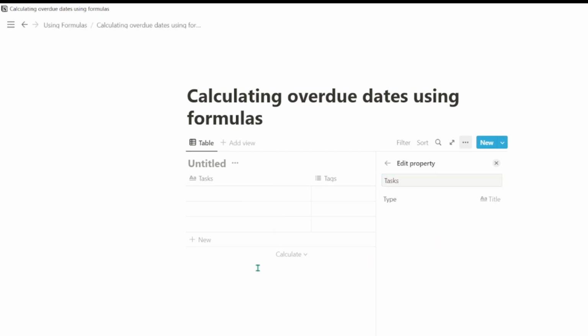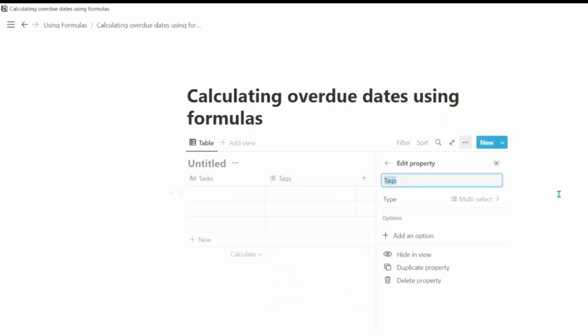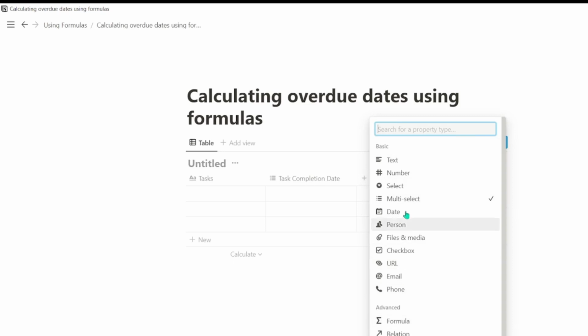Tasks, and task date, we can say edit name, task completion date. We need to change this to date,